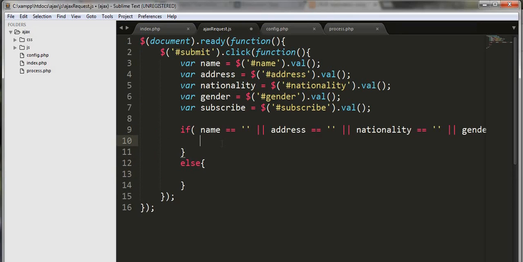here as dollar as ID of response dot HTML: please fill all details. Okay, next